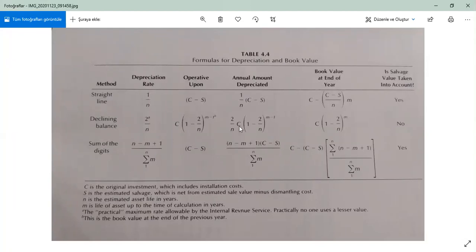But for the declining balance technique, we were not considering the salvage value at the beginning. We were using a certain percentage of the initial cost in the first year, and then it was declining year by year. We were mainly considering undepreciated costs. We were not considering the salvage at the beginning, but for the final year, we were arranging our depreciation allowance, also considering our